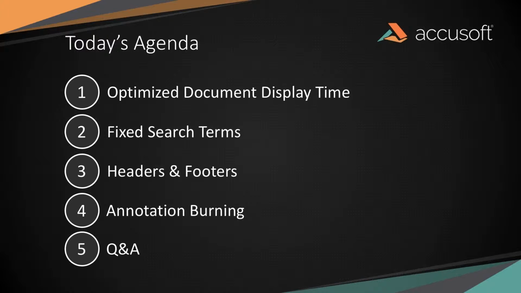We've also added the ability to add header and footer space to a document and use that space for inserting important data such as page numbering, document source, or even automated date stamping. And then the last item is annotation burning. Now, this allows you to burn important annotations during the discovery process and put those into a PDF, or you can print them out, and then you can present these during the court proceedings. And at the end, as Katie mentioned, we'll take some time for some of your specific questions. So with that,